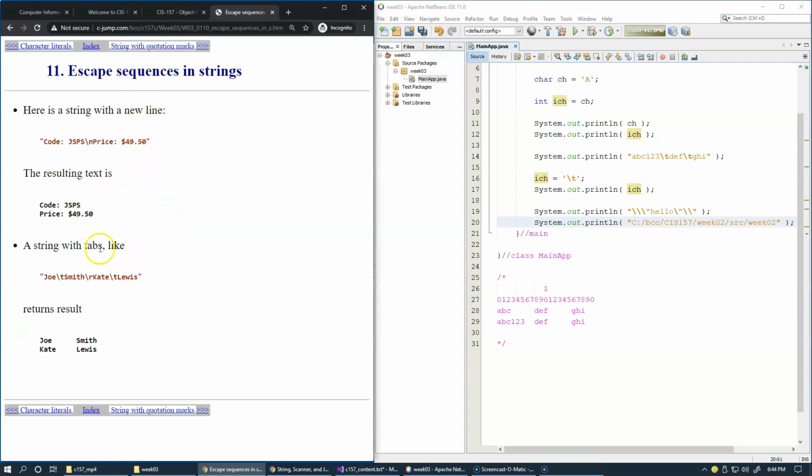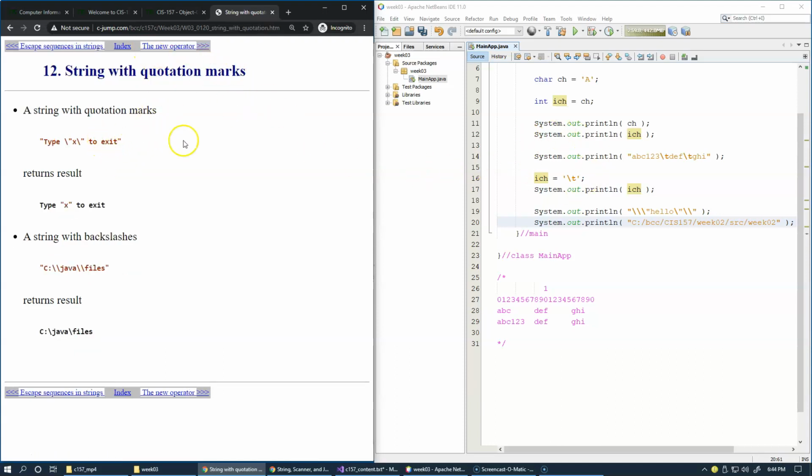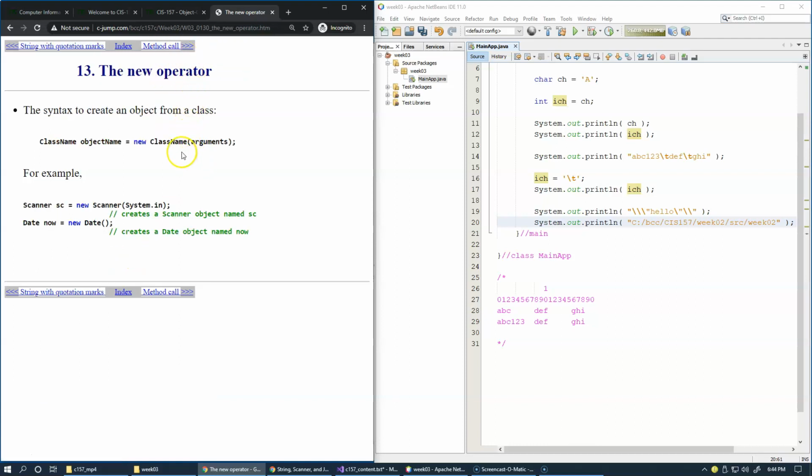So here we have discussed examples like this already, using escape characters or escape sequences in strings. Over here, using quotation marks and inserting backslashes in strings. So this is all already covered. The new operator. Let me give you a few examples